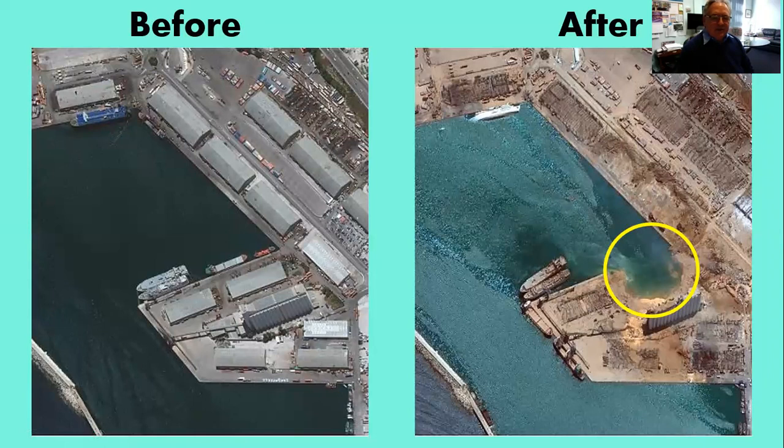Take a look at, you saw this picture on the left before, and you can see where the vessels are located, and then you take a look at the picture on the right. This was taken 2 days after the event, and you notice in the circle a nice yellow crater. That is the location of the warehouse that used to be and was the epicenter of the explosion.